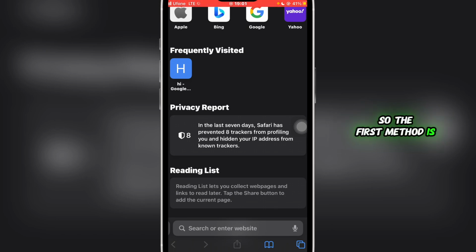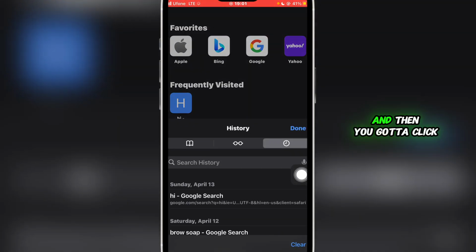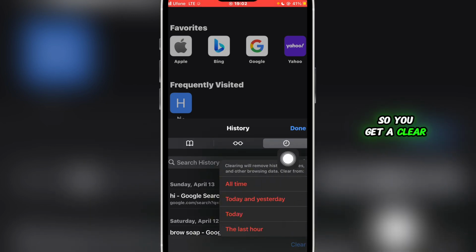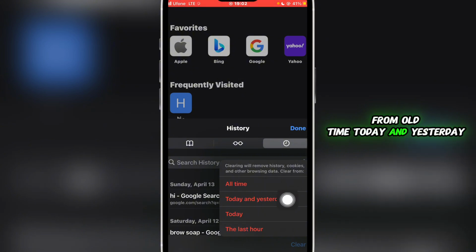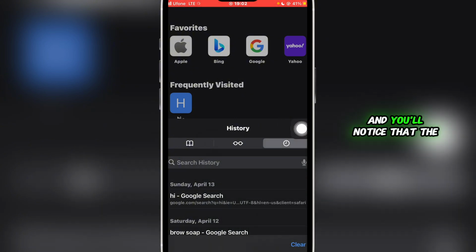So the first method is that you can simply open Safari, and once you do so, you're going to click on this icon over here, and then you're going to click on clear. And once you do so, you're going to select remove history, cookies, and other browsing data. So you're going to clear from all time, today and yesterday, today, or the last hour. So I'm going to click on the last hour, and you'll notice that the browsing history from the last hour